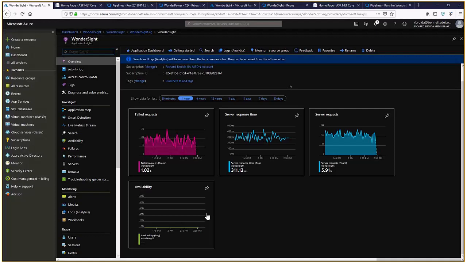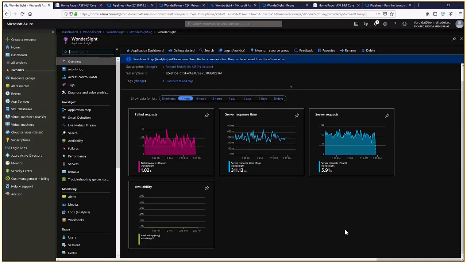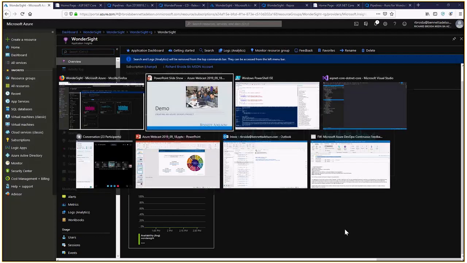And it will do that whether anybody's actually using the site or not. And that way, if it does fail for whatever reason to respond to this test, that'll generate a blip on here. And as we're showing you, I can configure any of these things to send alerts out or to trigger an investigation. The nice thing about this, looking at this from a development standpoint, let's go back to the slides,